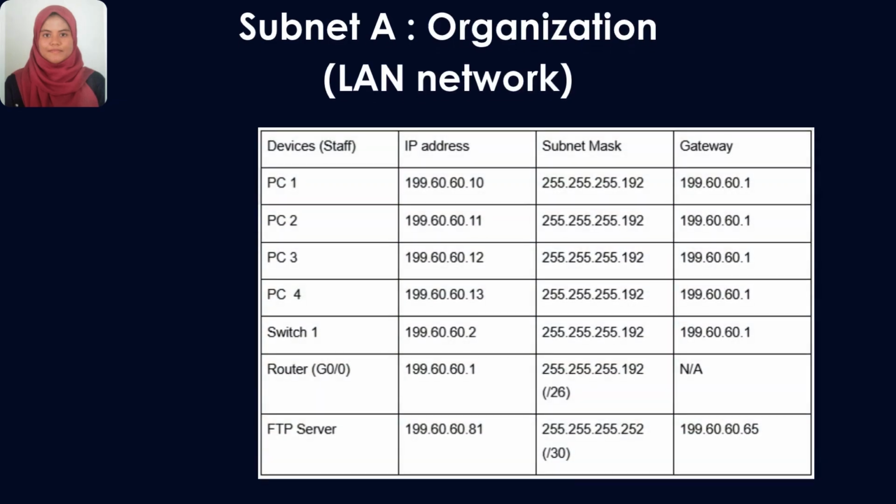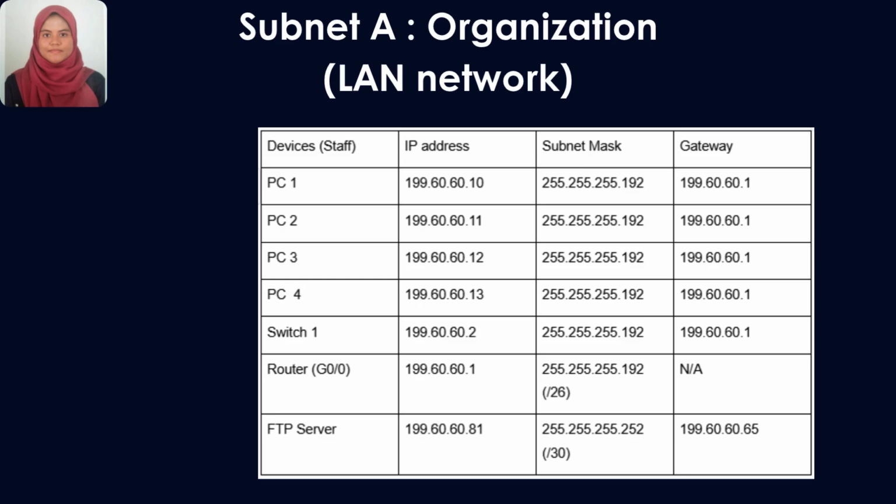For subnet A, which is the organization's LAN network, devices are assigned a specific IP address within the range of 199.60.60.0/26, and each staff PC, which is PC1 to PC4, uses the subnet mask 255.255.255.192, and shares the default gateway, which is 199.60.60.1, which is also the router's G0/0 interface, and the switch is assigned